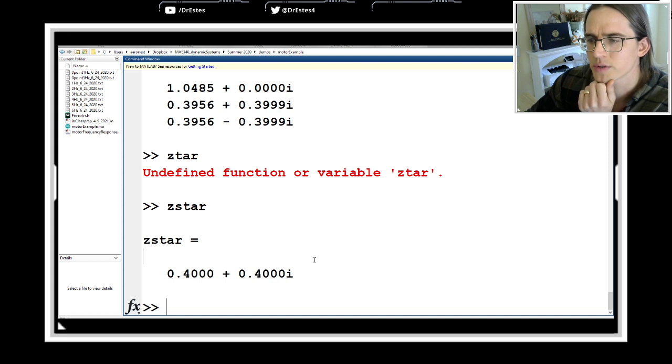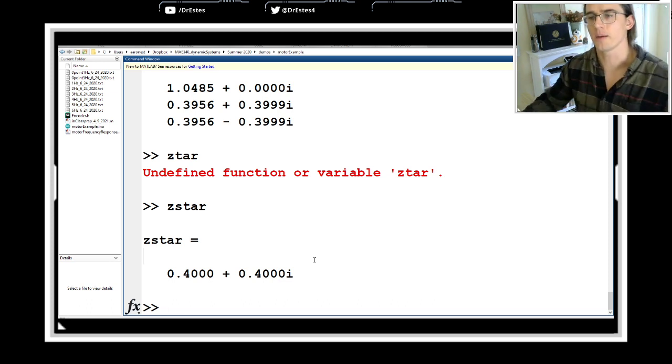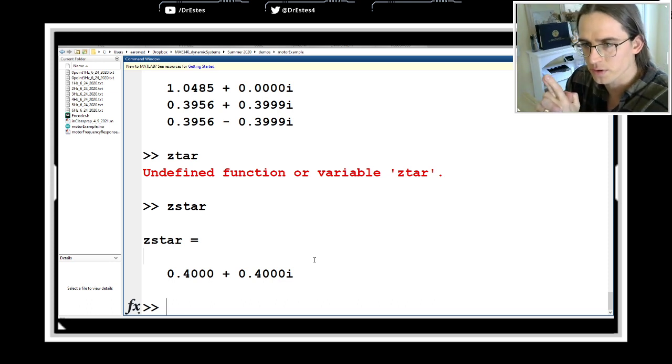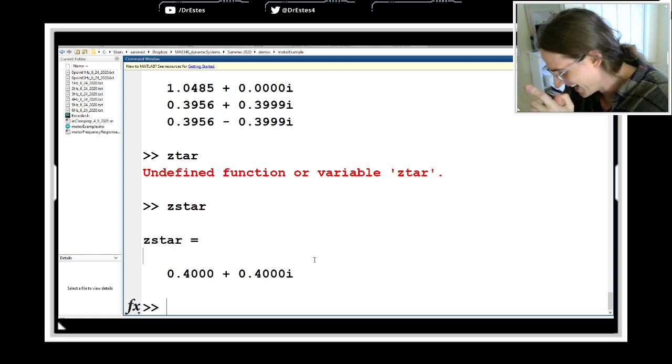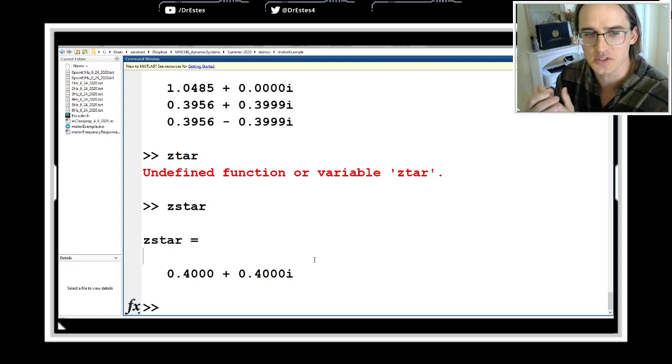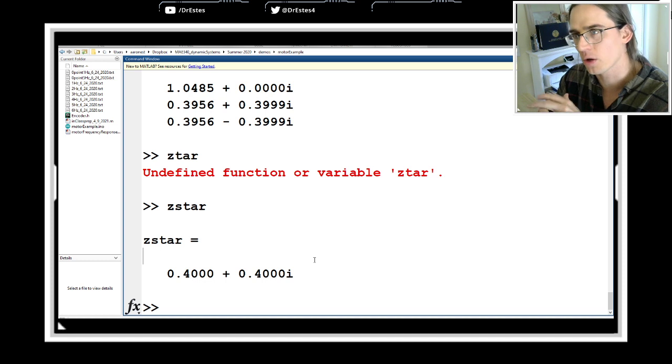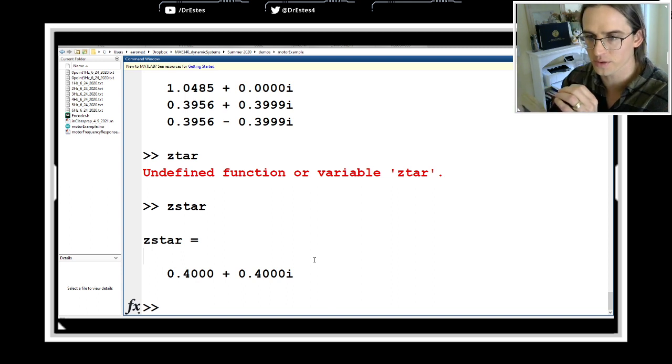The closer the pole is to 0, the more dominant it is. Question time. No, the farther a pole is from the origin, the slower it is. The slowest pole in your system is called the dominant pole. You want your dominant poles to be Z star. So you don't want any closed loop poles to be farther from the origin than Z star.